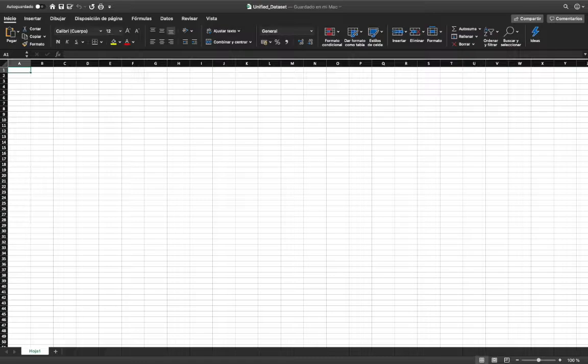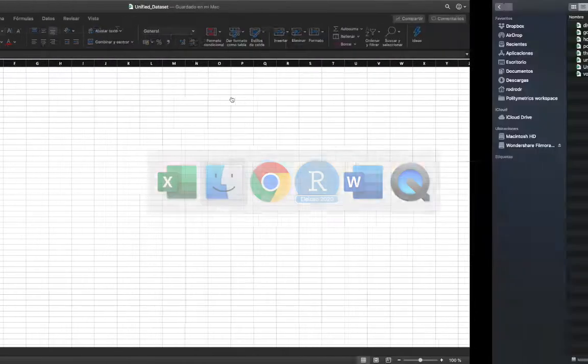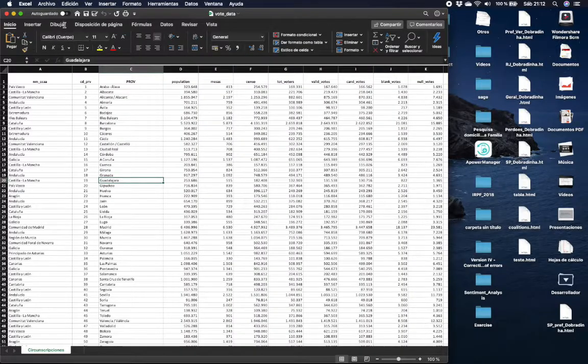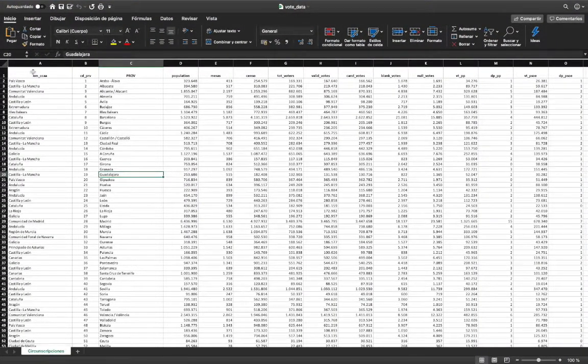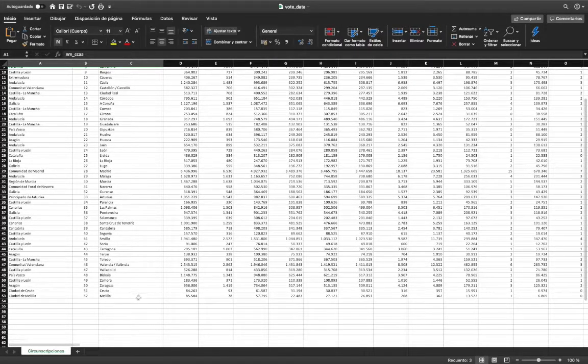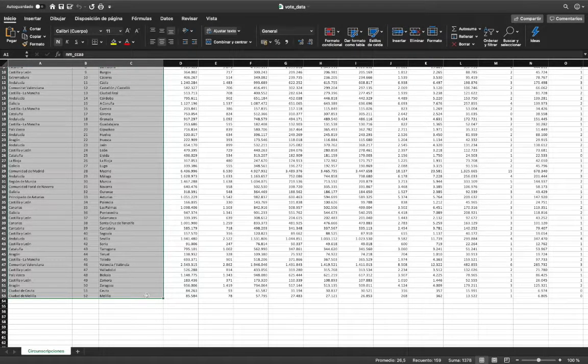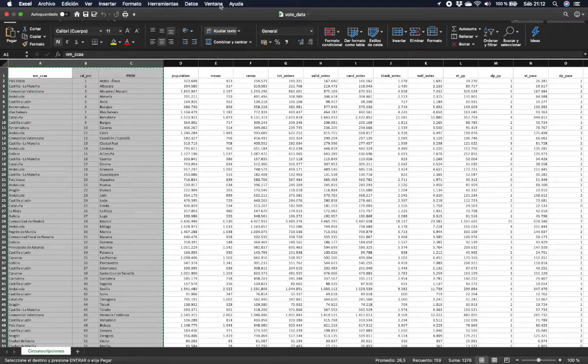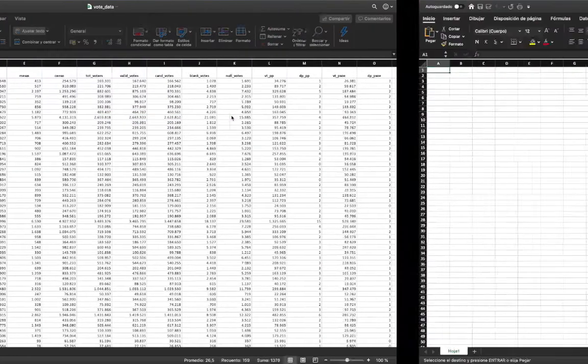Once I have this, I will start opening all the other Excel spreadsheets. I will start with the vote data. Why do I choose the vote data? Because it's the file that has all the identification for each province and autonomous community, as well as each code. I will just copy this and paste it in the new unified dataset